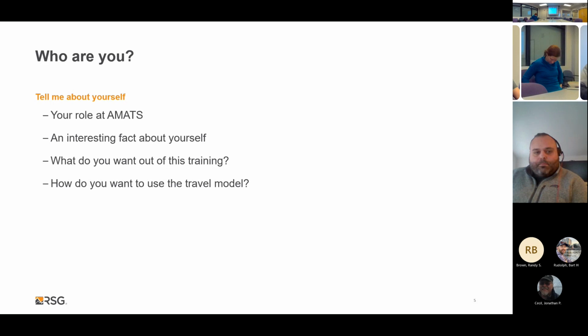I want to see if we can use it for other things. Additionally, I'm working with the state, FAST, the Fairbanks MPO, and the Matsu Valley MPO on trying to set up maybe a regional kind of model coordination group. And so it's good to get an understanding of what the AMATS model is. How is it built? What goes into it? Because then I can pass a lot of this information on to that group as the Matsu Valley starts developing their own model. So, thanks.